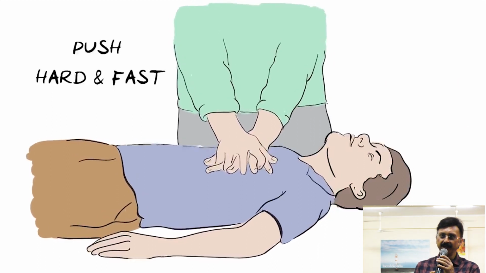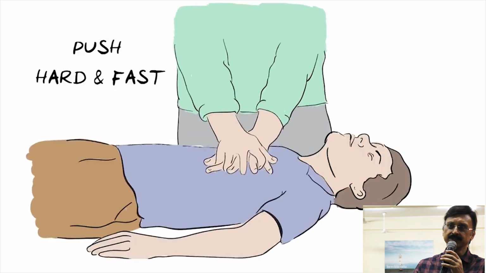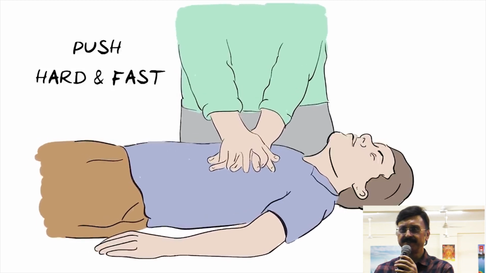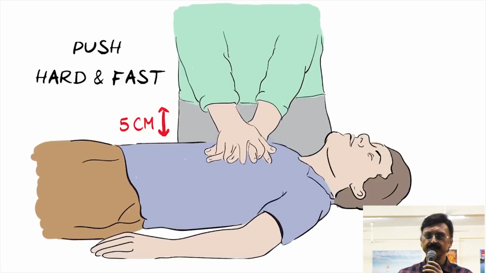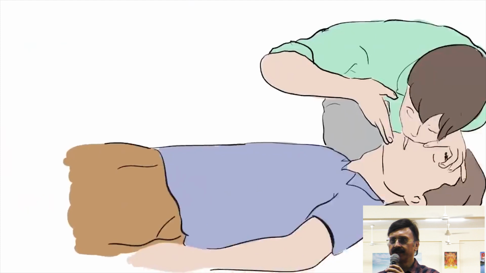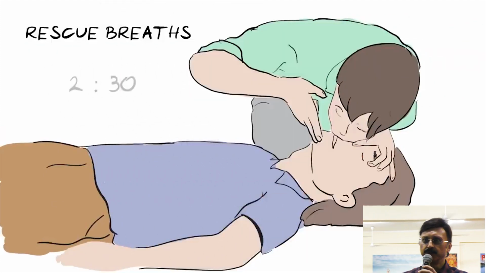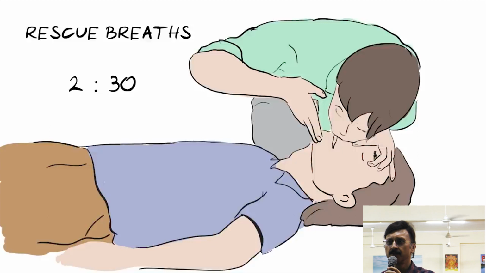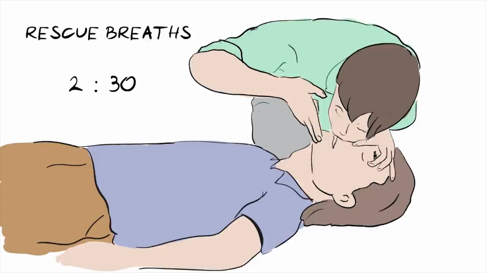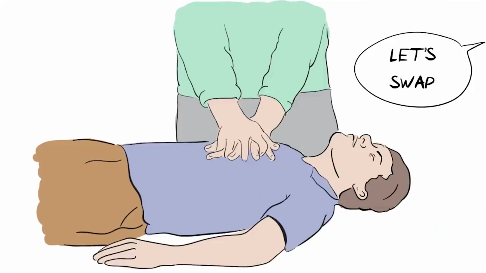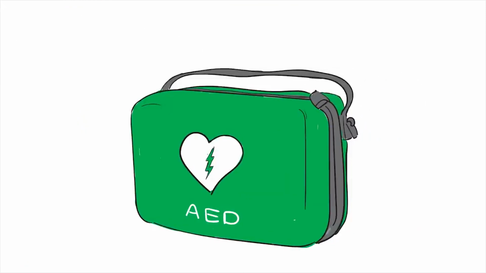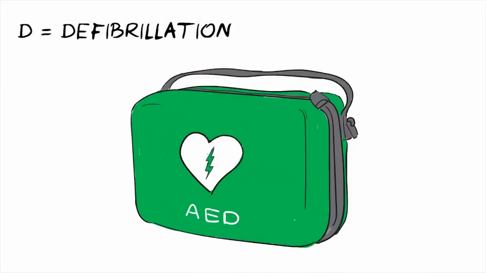You will start CPR. So you interlock your fingers of the hand, your left hand below and your right hand on the top for a right-handed person, and then you start giving compressions and you push hard at the rate of 100 to 120 pushes. And here you can see the compression should be at least 5 centimeter. Every minute you have to compress 100 to 120 times.